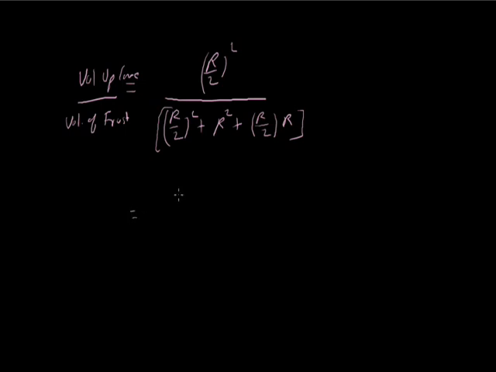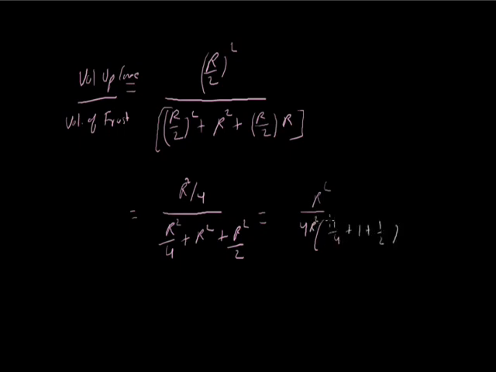Okay, now here upper we get r square by 4. We can solve, we are getting r square by 4 plus r square plus r square by 2. So it is r square by 4. इस पूरी इक्वेशन में से पूरी एक्सप्रेशन से r square बाहर निकाल सकते हैं. We are left with 1 by 4 plus 1 plus 1 by 2. So r square gets cancelled.